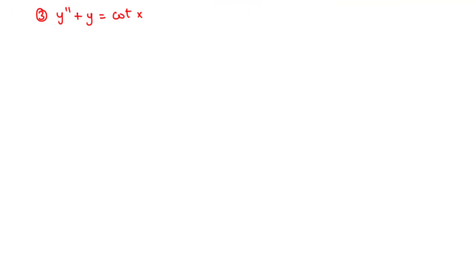Now let's take example 3. For example 3, we are going to solve the differential equation y prime prime plus y equals cot x. Now you realize that the left hand side of the differential equation is similar to what we had for example 2. So that's y prime prime plus y equals cot x. Now what this primarily means is that the general solution to the corresponding homogeneous differential equation is given by c1 cos x plus c2 sine x, similar to what we had in example 2, and thus we are going to